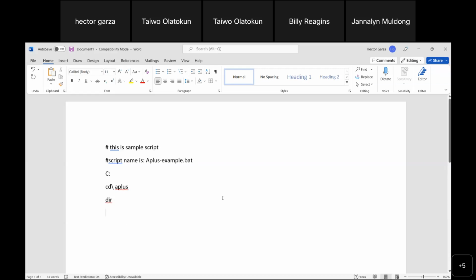And then let's say once it does the directory, you can say CLS to clear your screen. Of course, remember, you have to know the commands. If you don't know these commands, you won't be able to write the script. But these are DOS commands. And then you say, okay, I clear the screen. Now I'm going to do del, that stands for delete, but let me spell it out. Delete a file